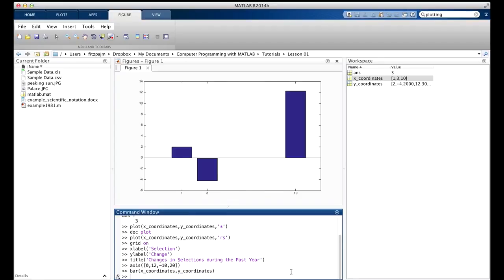Note that the bar graph replaced the previous plot. And we see here at the positions of X, 1, 3, and 10, the heights of the bar match the Y values: 2, -4.2, and 12.3. If you don't want the second plot, the bar for example, to replace the first plot that you were looking at